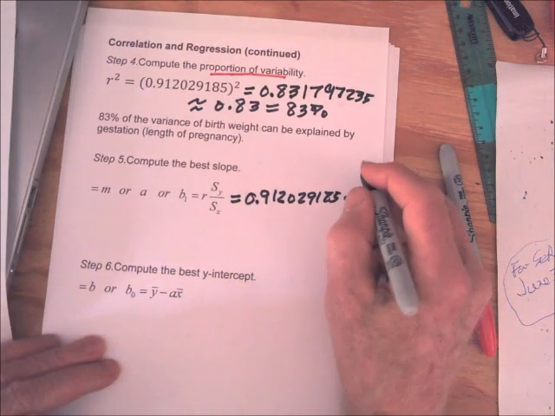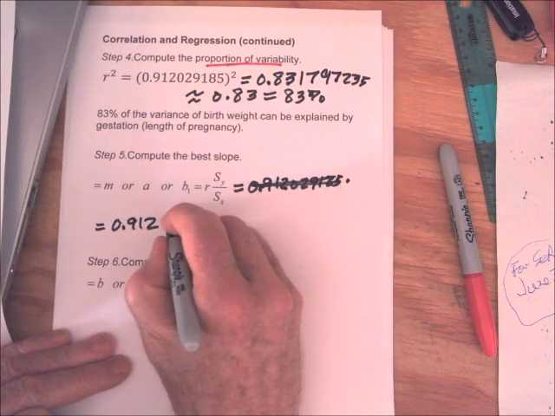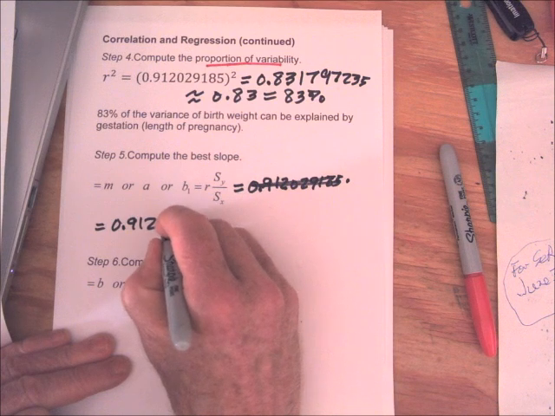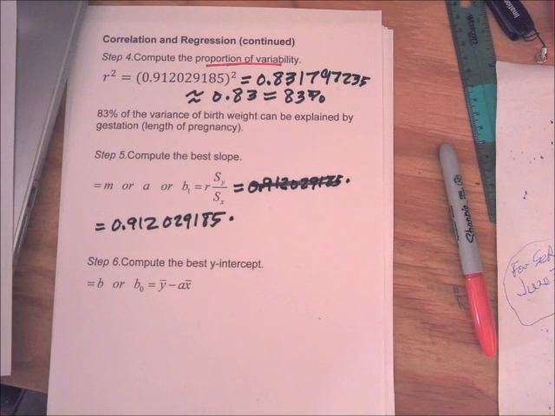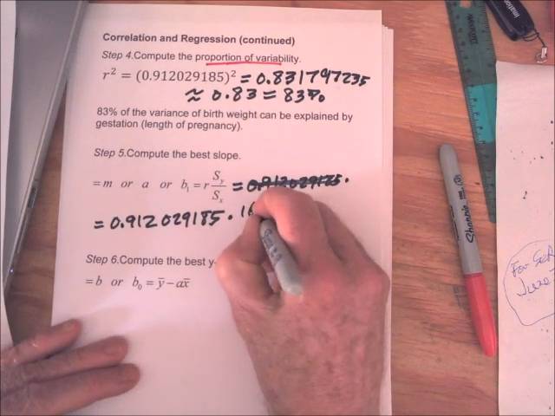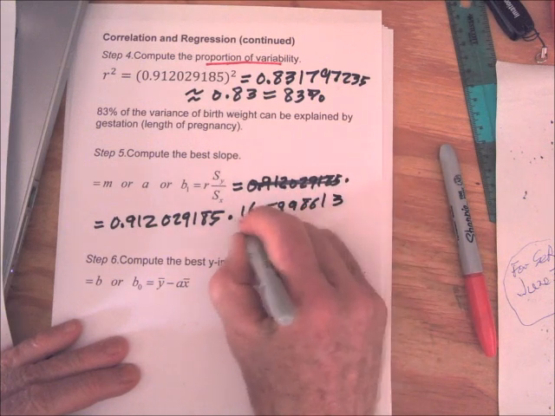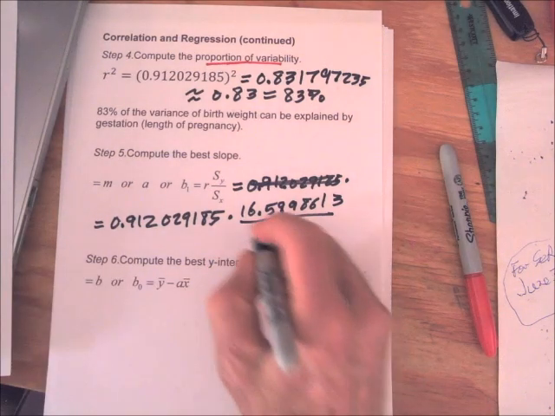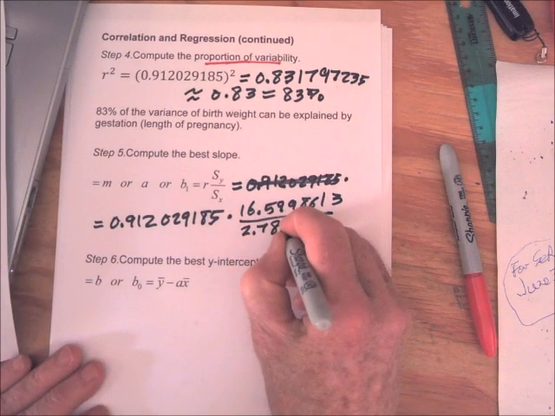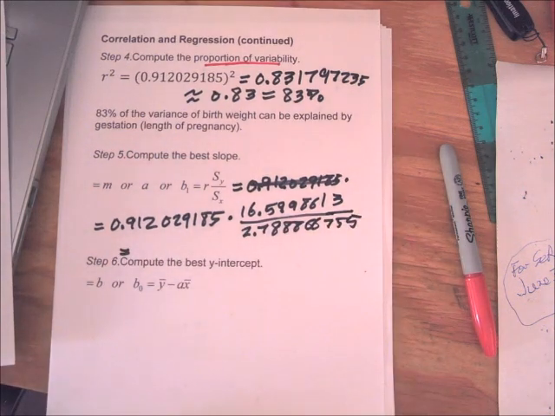So it's going to be 0.912029185 times the standard deviation for y, which was 16 point something, 16.5998613, divided by the standard deviation for x, which was 2.7888666755. So the best slope